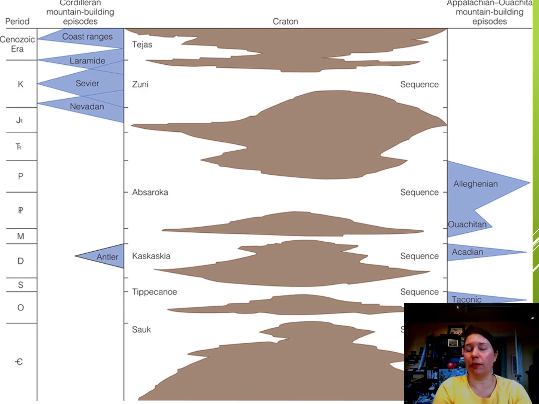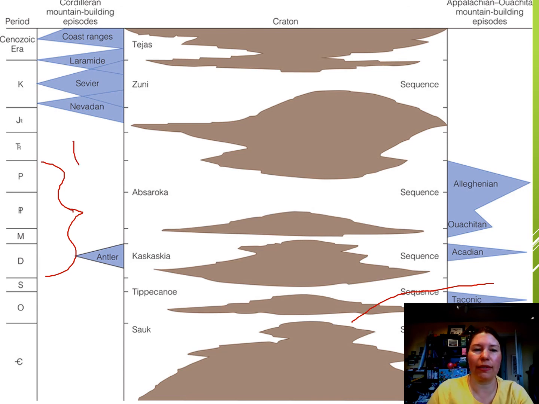So I'm bringing this picture back up from our previous presentation over the early Paleozoic Earth history. And so we already talked about the Cambrian, Ordovician, Silurian. So we talked about the orogenies that I'm hiding here. So the Sauk sequence, the Tippecanoe sequence, and the Taconic orogeny. And we're seeing what's going on during this time period, between the Devonian and the Permian. So we mentioned the Antler orogeny briefly, just a little piece of the Rockies that are beginning to form during the Devonian period.